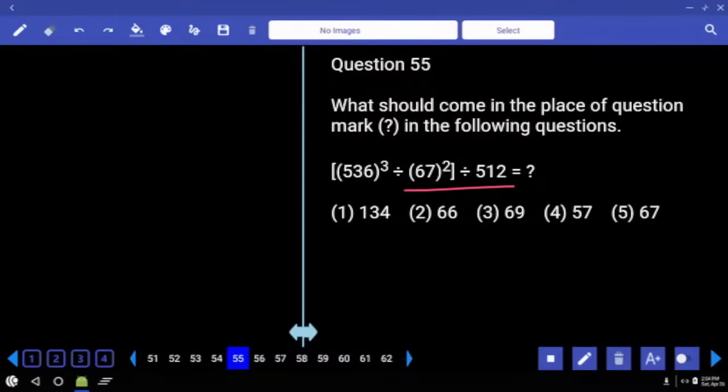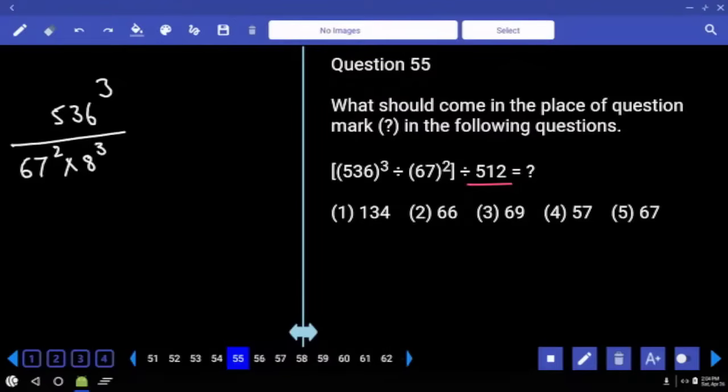Continuous division. Only first number comes in numerator. Remaining numbers comes in denominator. Correct? Right. In denominator we have to multiply these two. 512 in the sense that can be written as 8 cube. Correct? So identify whether our numerator is 8 multiple or not. Let's see. 8